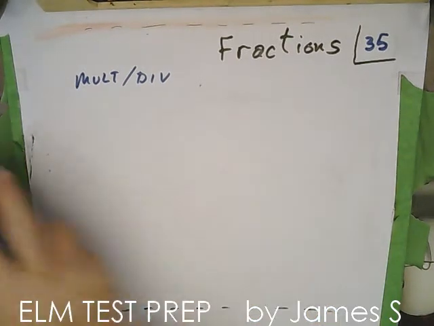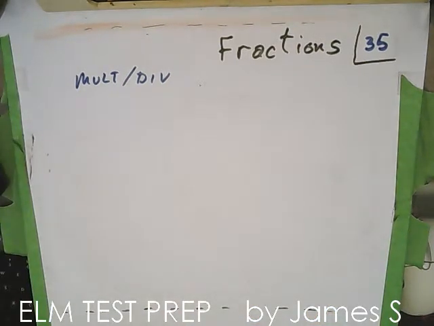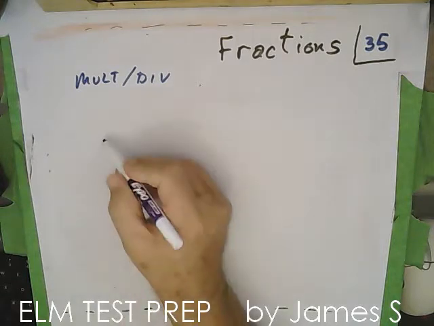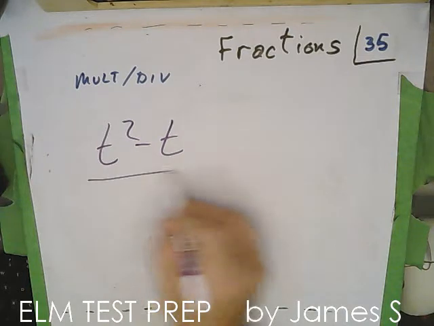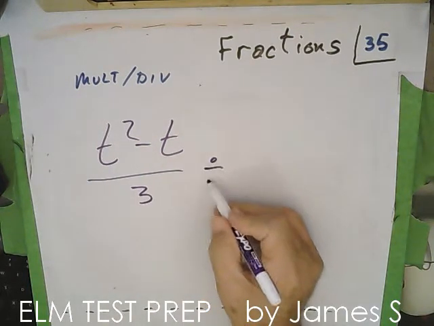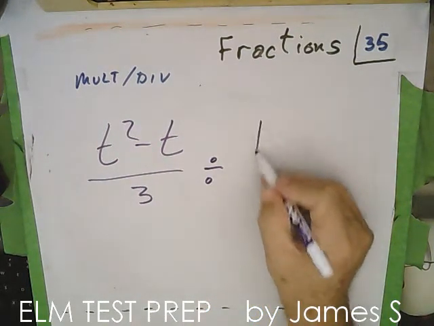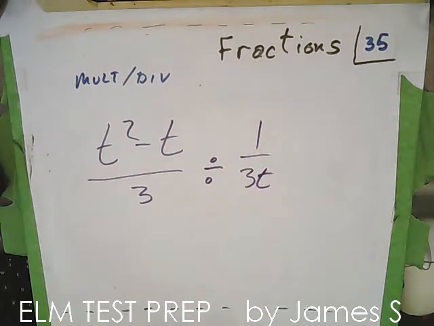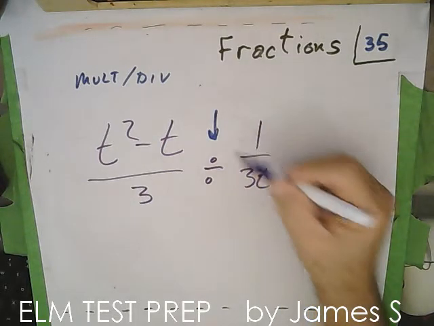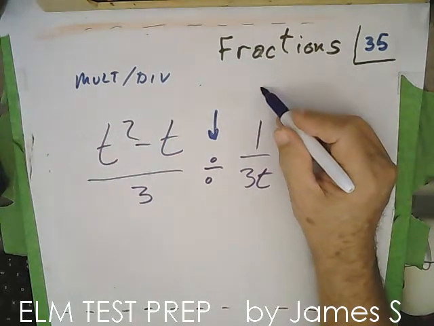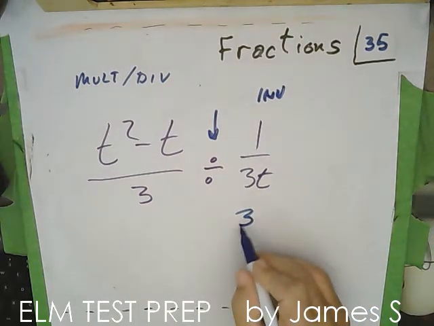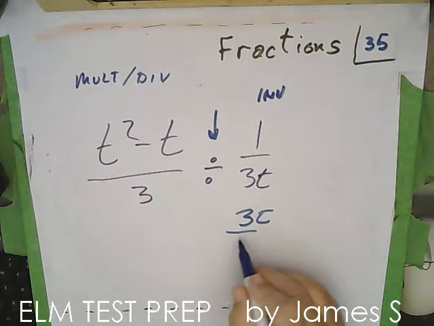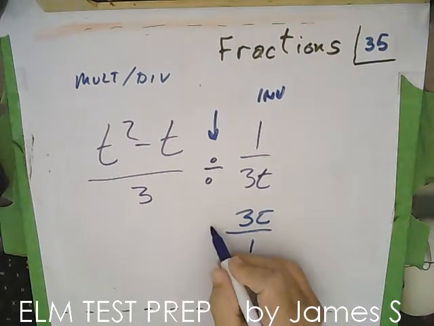All right, so let's look at something that's a little more complicated, a little tricky. (t squared minus t) all over 3 divided by 1 over 3t. Well, here we are, we got fractions and we're dividing. So let's invert the divisor. So I'm going to have 3t over 1 times